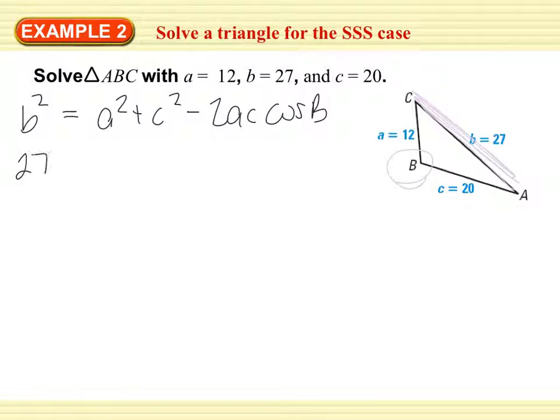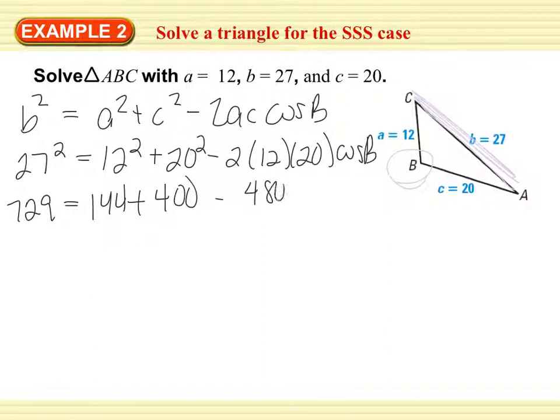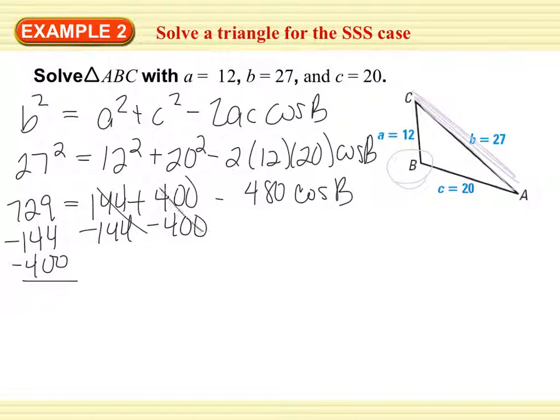Let's go ahead and plug everything in. 27 squared, 12 squared, 20 squared, 2 times 12 times 20 cosine B. Okay, let's start simplifying a little bit. 27 squared, 729, 144, that should be plus, sorry, messy. 20 squared, 2 times 12 times 20, cosine B. So go ahead and subtract 144, subtract 400, gets those out of the way. 729 minus 144 minus 400, 185 equals